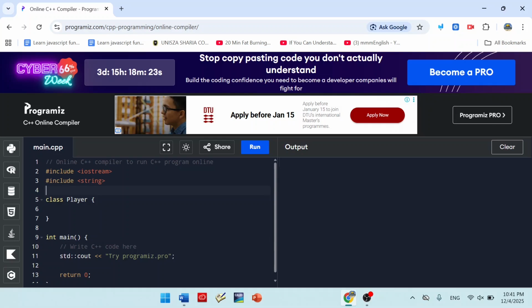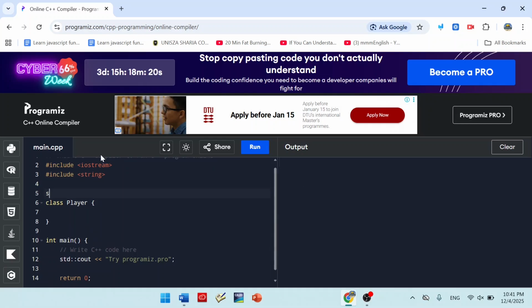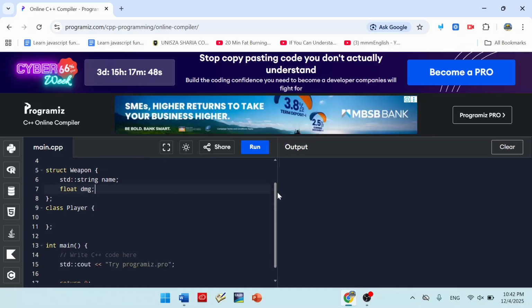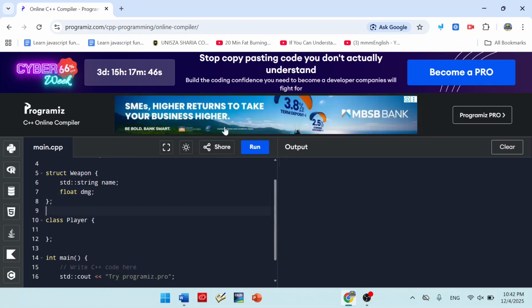Now what I'm going to do is I'll also make a new struct called weapons. This struct will contain two things: an std string which contains the name of the weapon, and finally a float which contains how much damage the weapon does. So now class player,